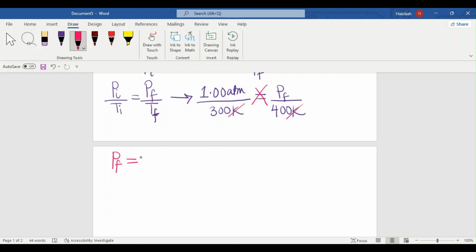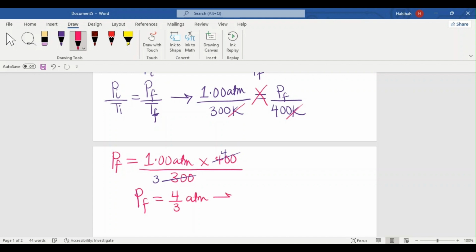1.00 atmospheres times 400, divided by 300. So basically we cross multiplied and we did the information in terms of just P final. When we do that, of course, we cancel out this. So this will be 4 here, this will be 3, and that will be P final, which is going to simply equal 4 over 3 atmospheres, which is the same thing as